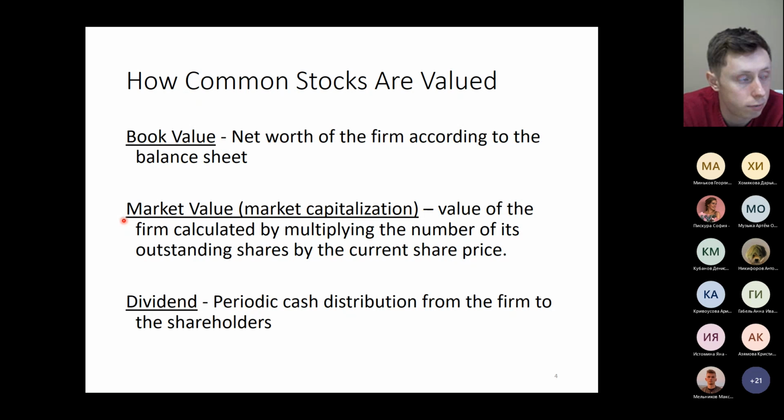The firm would have its market value estimation constantly, unlike closely held firms that would have only the book value of the firm. And the cash flows that investors receive on the stocks are called dividends. Unlike bonds, the dividends are not obligatory for the firm. The firm can pay them or can omit them. The firm doesn't have to pay the dividends, and they usually do it when they have excessive cash flows, or